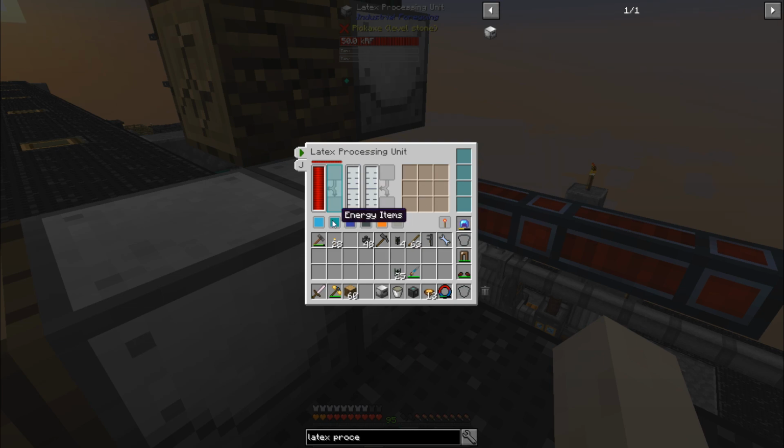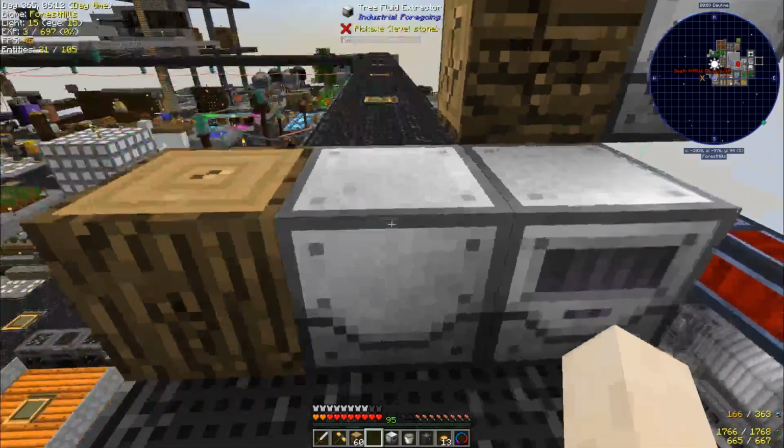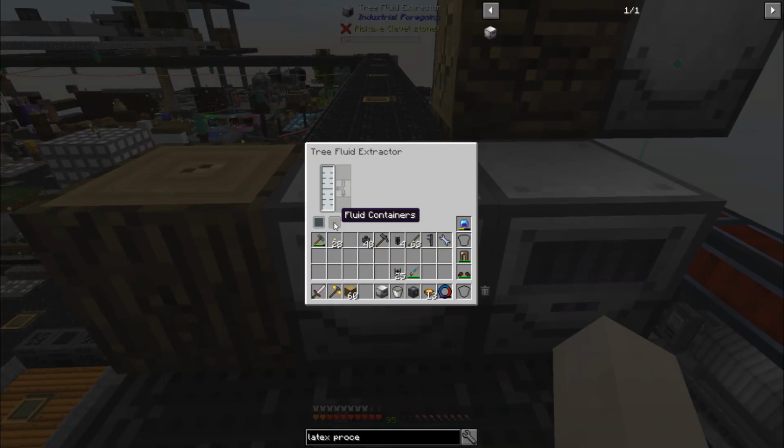So this is energy, energy item, water tank, latex tank. So latex tank I want from the left. Is that what it means though? Water tank I don't want from the left. This I don't want from the left. Which I don't want from the left. And this I want the...